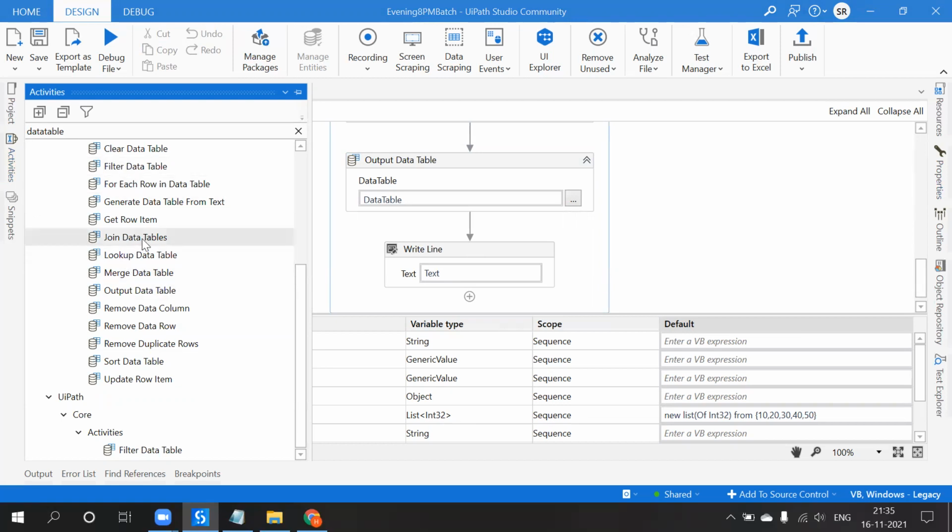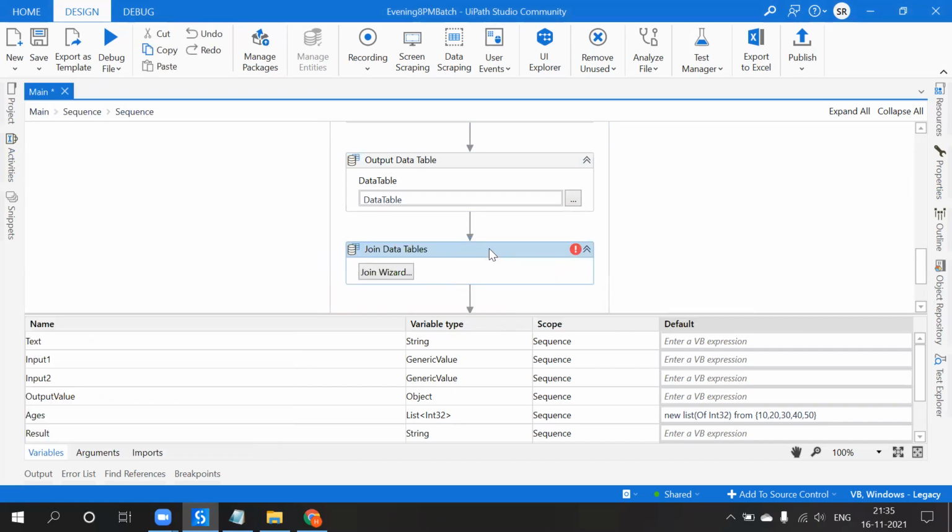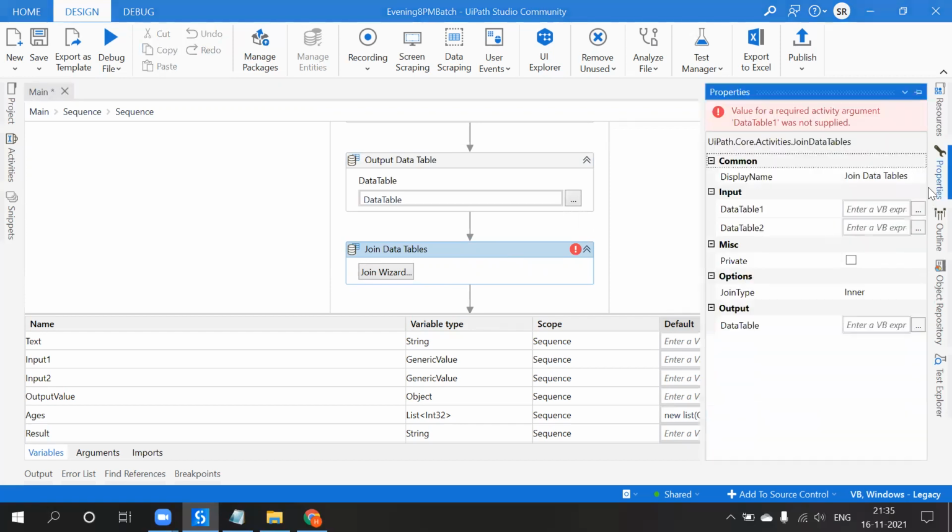Then there are different cases like joining data tables. This is very important. What is joining data tables? Consider there are two data tables that I would like to join, and what are the types of joins? This is also very important in interview questions.